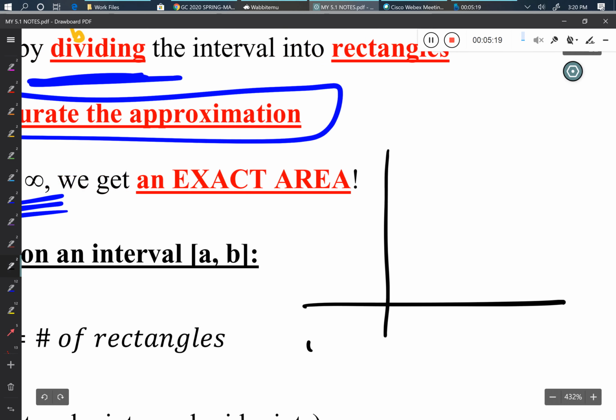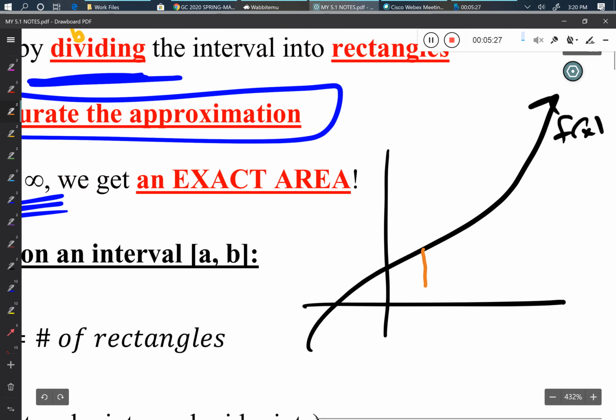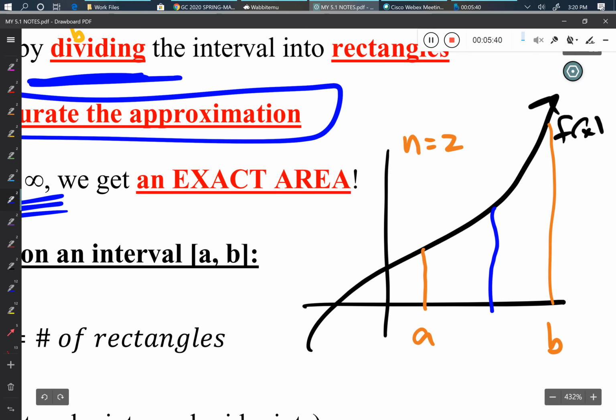Suppose that we had a function that was steeply increasing. So here's our function f of x. Okay? And we are asked to calculate the area between a and b. And let's say that they just say that n is 2 for 2 rectangles. So if I were to divide this in half, how do I know where to square off the rectangles? Well, traditionally, there are 3 techniques that we use quite often. Right? One is to use the left